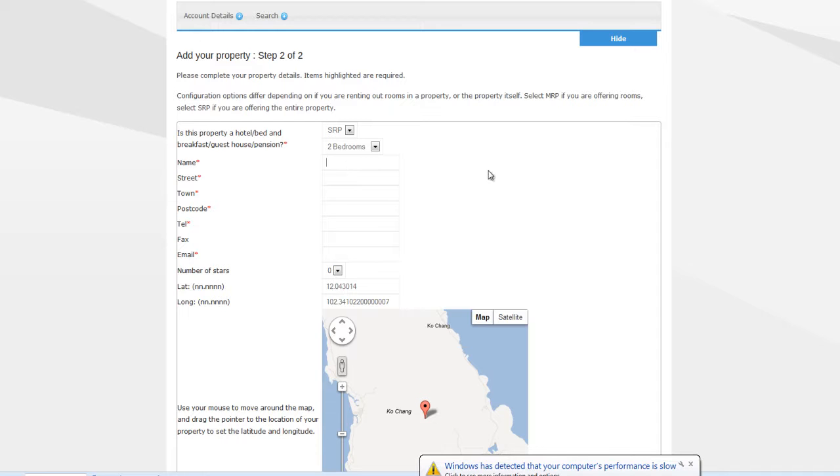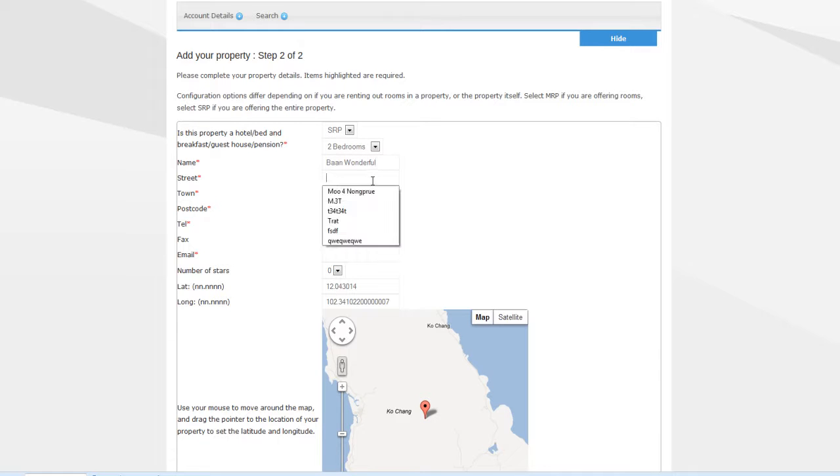Now we have to give the property a name. So let's call it Ban Wonderful. The street, just making up some streets now. It really doesn't matter about the street, the town and the postcode. However, our software does need it if it needs to find properties around that location. Postcode, telephone number,